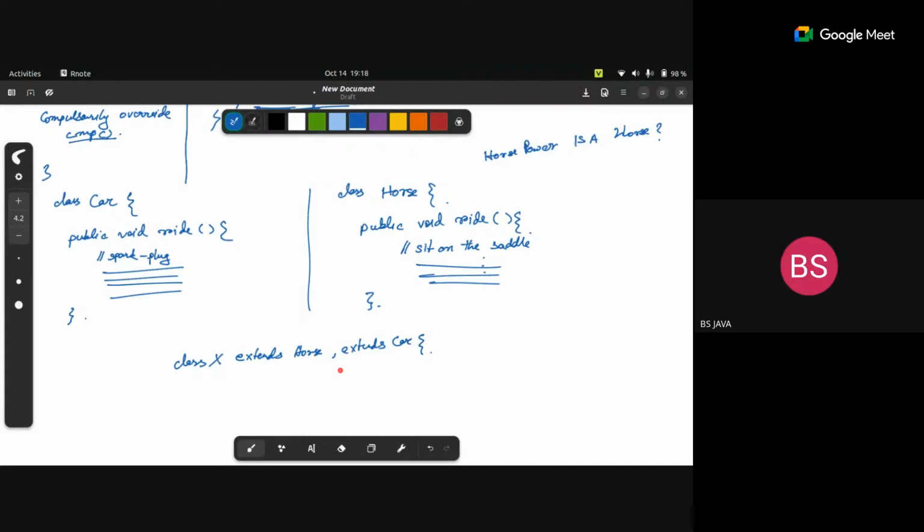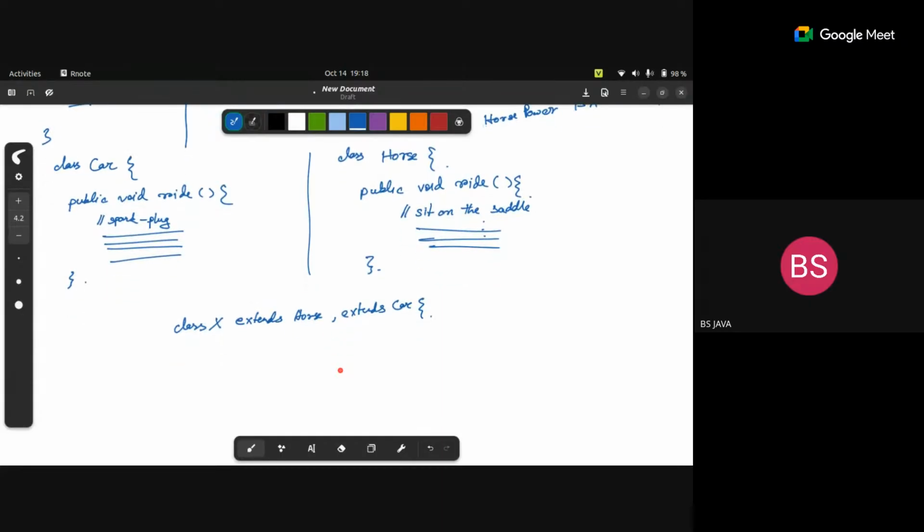Okay, again, I don't know what can serve like this, but let us say something like that, which can serve as a child class of both car and horse. So in such a situation, I will have two copies of the same signature ride method, because one part of it will be inherited from the horse class, another part will be inherited from the car class. In such a situation, when I create an object of the X class and call the ride method,